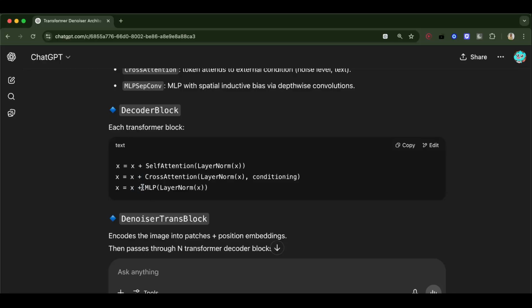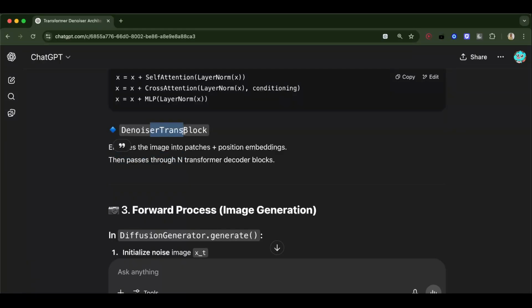So basically this processing step will evolve such that later it will just complement this raw data, and it will be good in the end. So this is some information that's important that needs to get passed directly without being processed, and this will learn to complement it. Then we have DenoiseTransformer block, which encodes the image into patches plus position embeddings, then passes through n